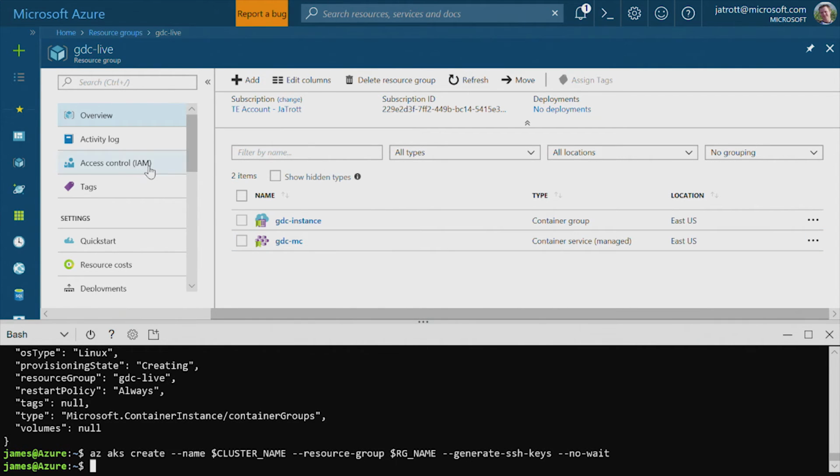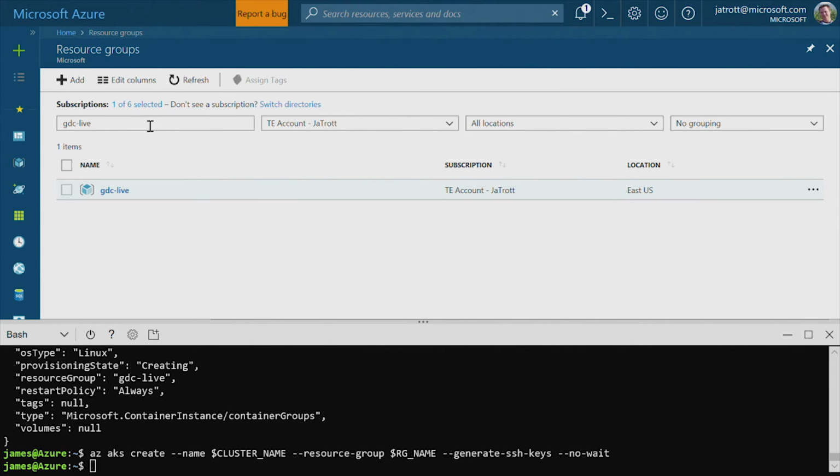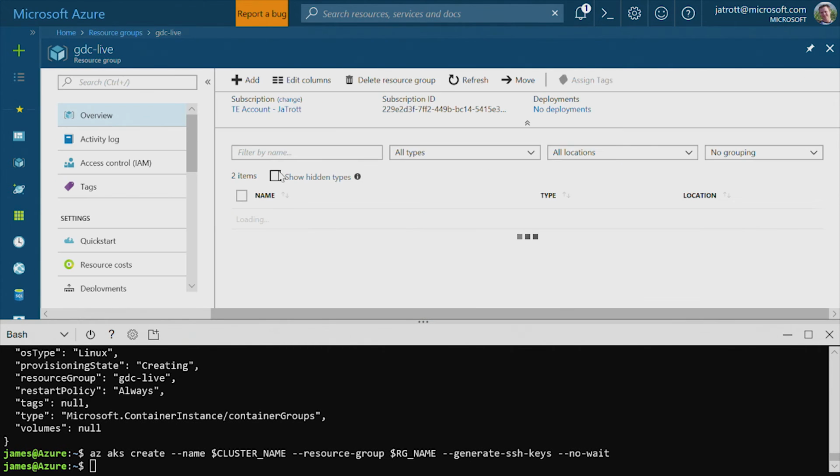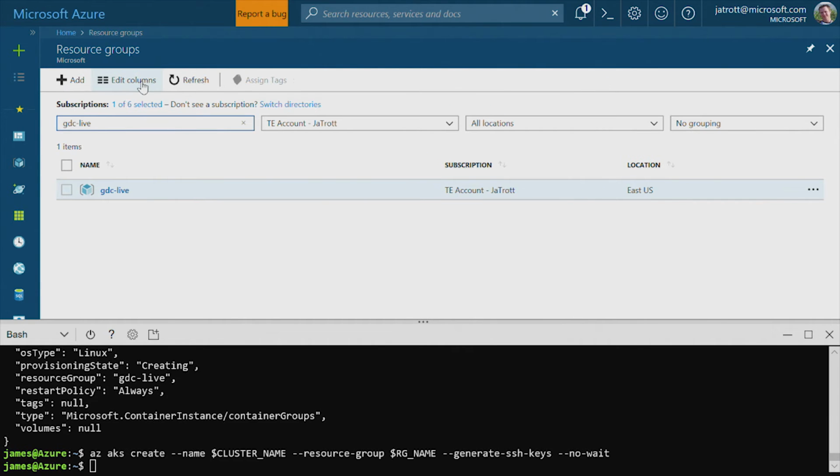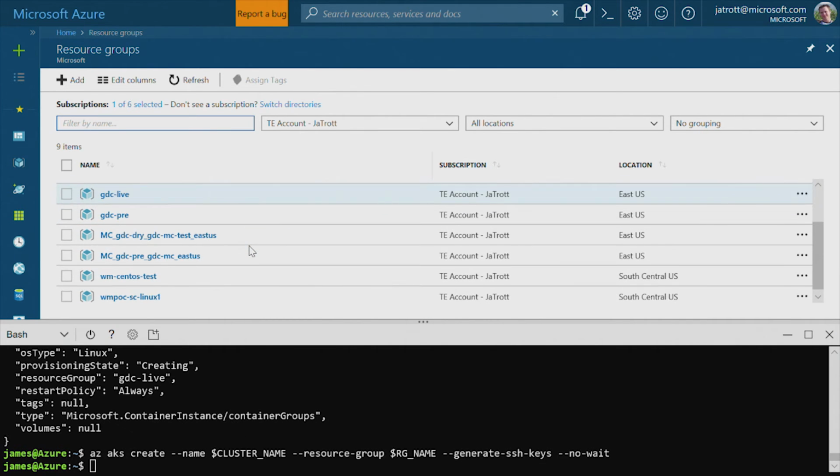Now, one of the things I just want to note for you guys is that when you go out to resource groups and I refresh this list, eventually there's going to be a second resource group called GDC-live in there. And you can see this with this one that I created earlier that's super handy called GDC Pre. So the live one is live and the pre-made is pre. We're all open here. So with GDC-Pre,